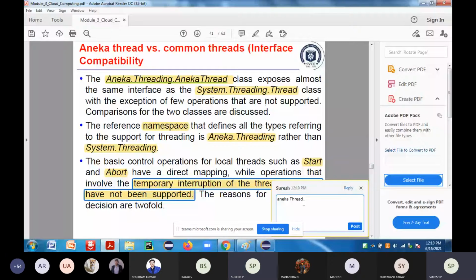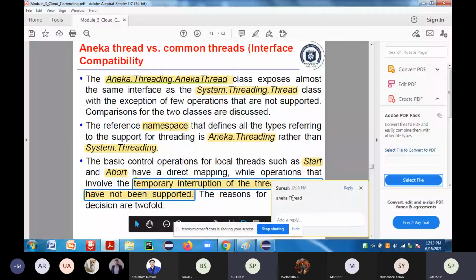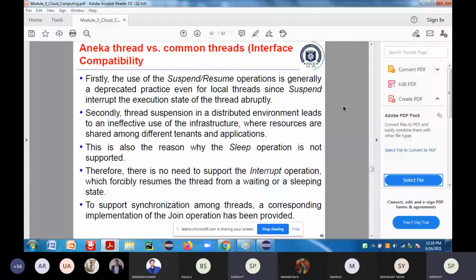Now next comes Aneka thread versus common thread. Using the suspend and resume operations is generally a deprecated practice even for local threads. That means if you take a local thread, apart from the Aneka thread, it may have these suspend operations. A deprecated practice even for local threads, since suspend interrupts the execution state of the thread abruptly.